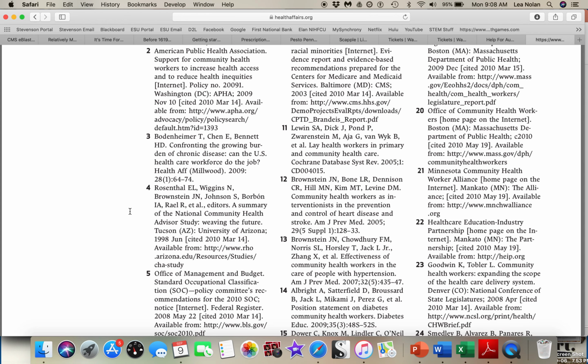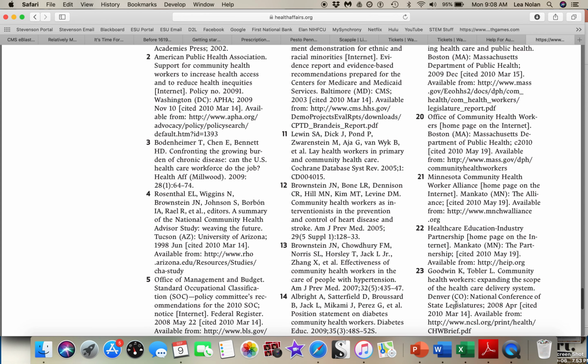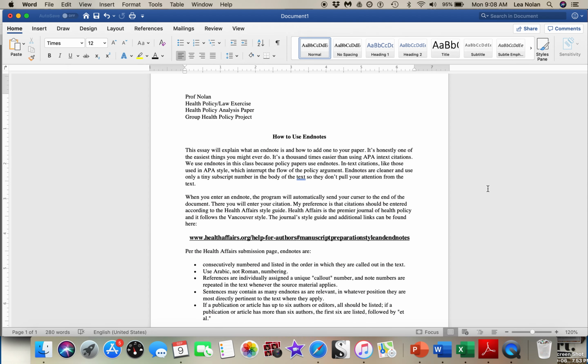So let's look at how to create an EndNote, and let's go over to Word. So here's a little essay that I put together about EndNotes. And let's create an EndNote. Let's put it here. Okay. So in order to create an EndNote, you simply put your cursor where you want that EndNote reference or citation number to be placed. Go up to Insert,